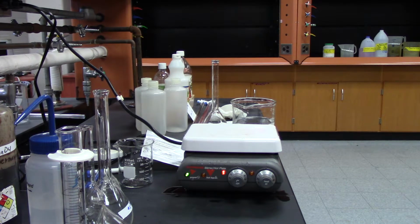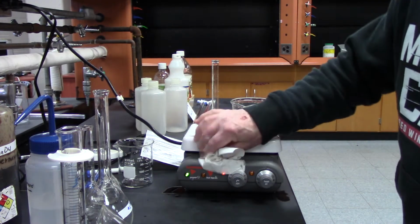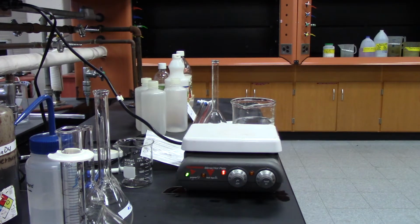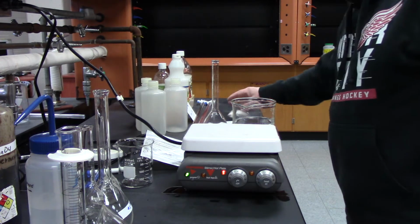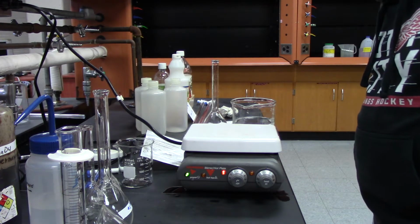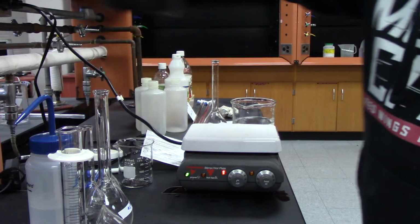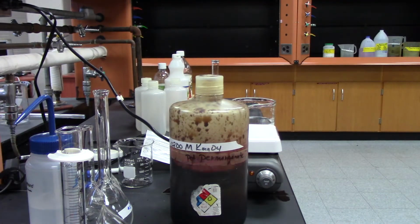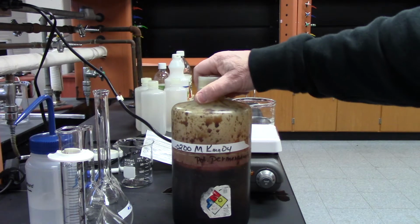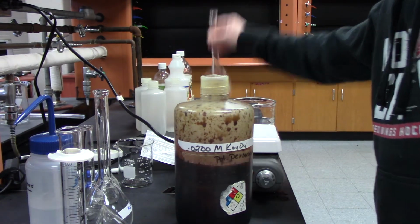All right, so I want to make up the first solution, which is 2 times 10 to the minus third. I'm using 2 times 10 to the minus second to make up that solution. All right, so here's my stock. Okay, and I only want to take 25 mils of this and add it to a volumetric flask, which is